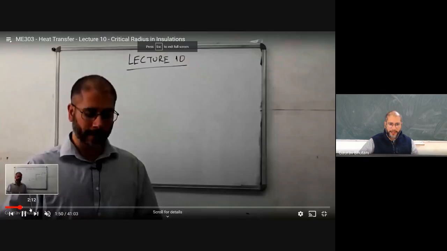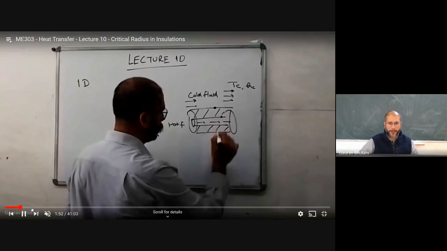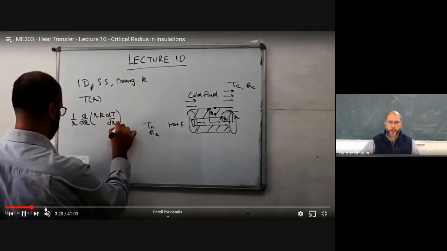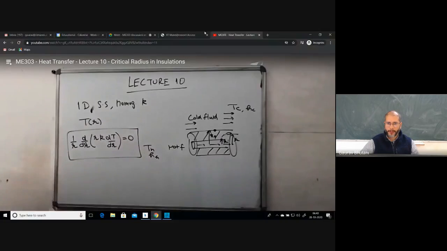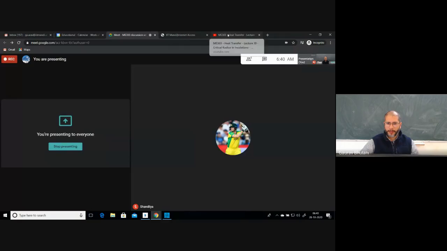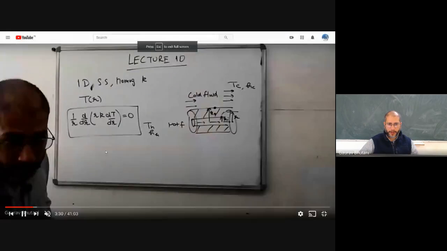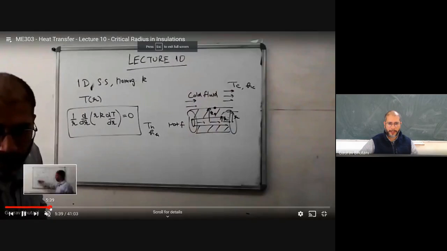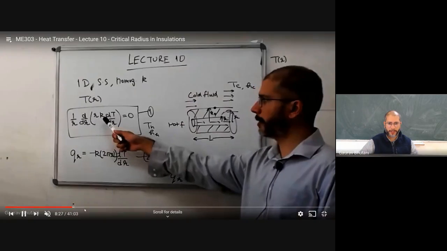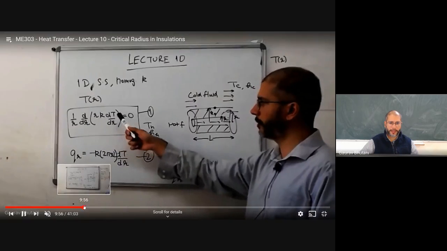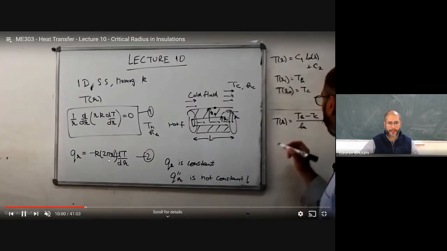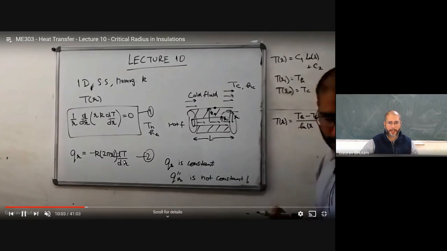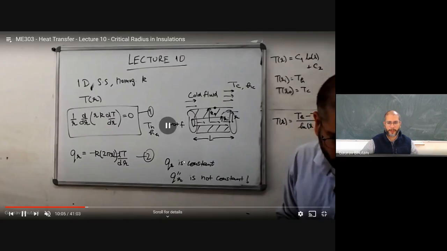So then in the 10th lecture, we got into a bit of detail to solve this equation. We solved this equation, and the solution was then analyzed. We saw a couple of interesting things: that the value of r times k dT by dr was a constant, rather than k dT by dr being a constant. So we have to be careful when talking about the watts and the watts per meter squared.